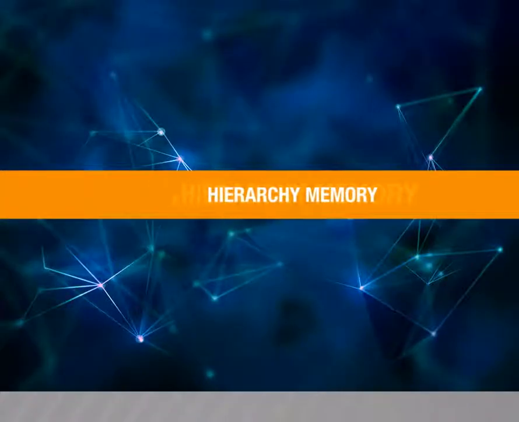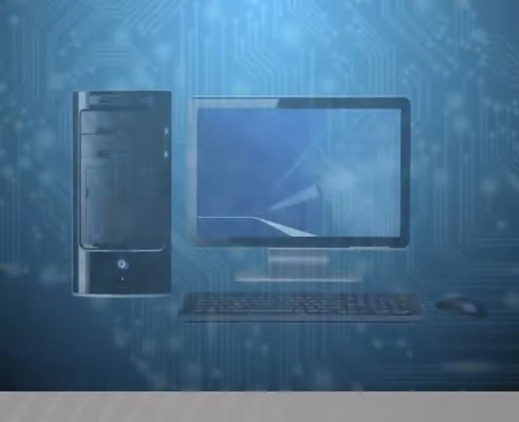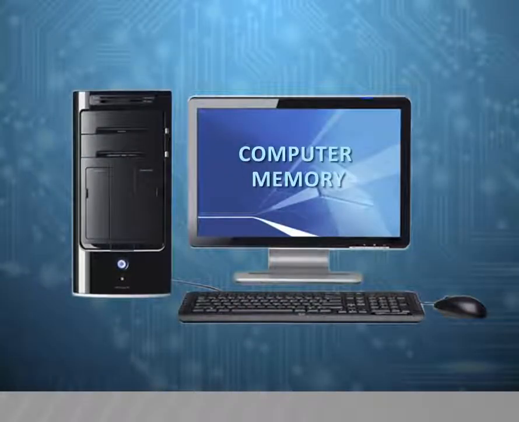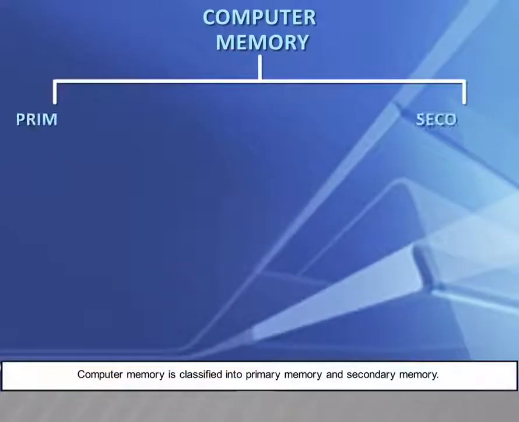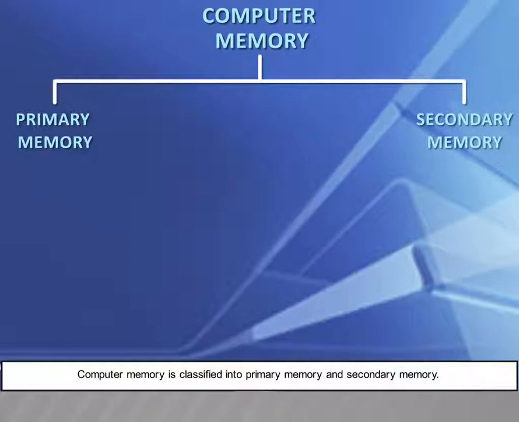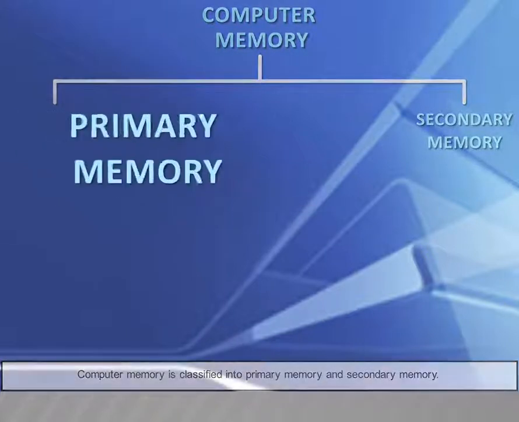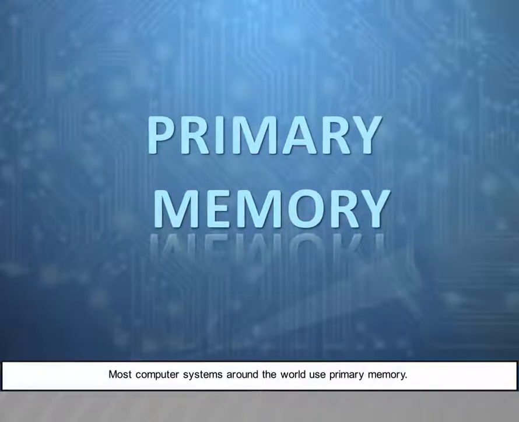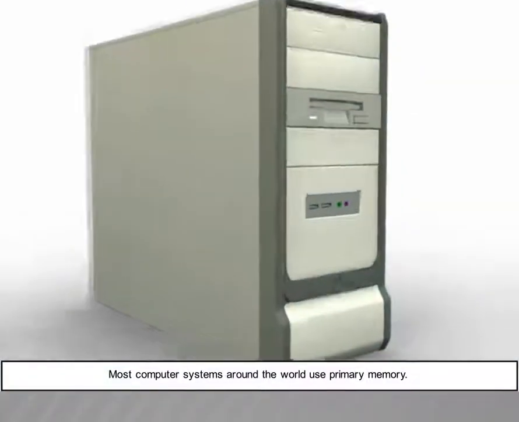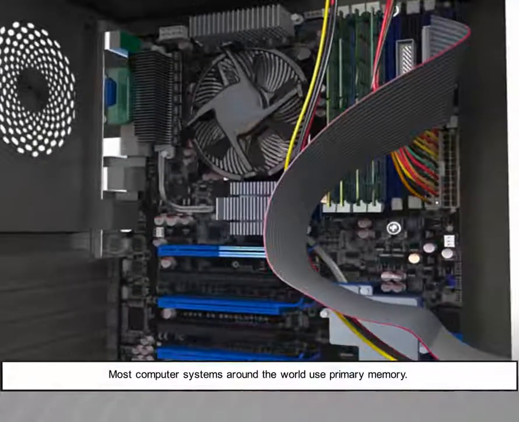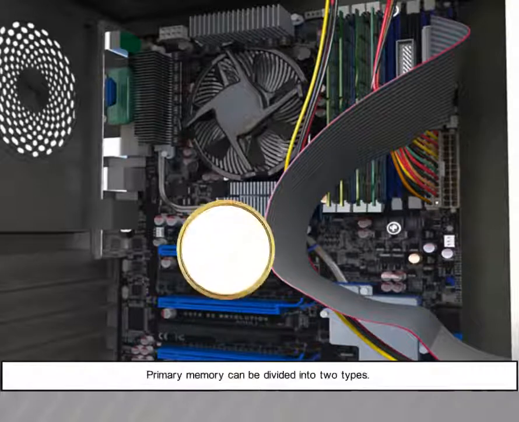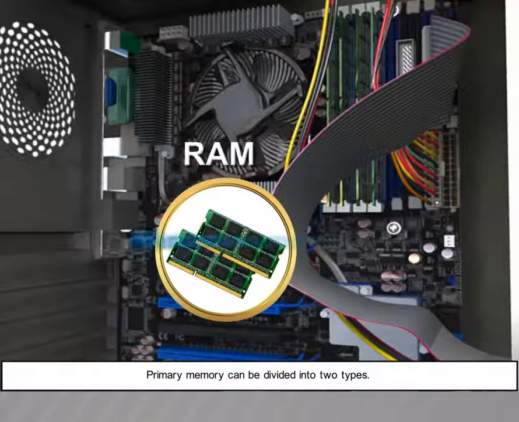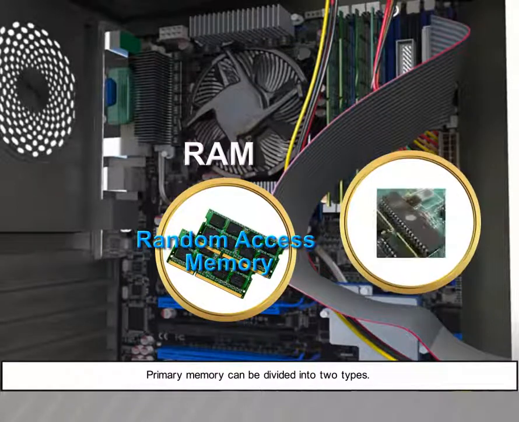Hierarchy memory. In this video, we are going to see about the hierarchy memory. Computer memory is classified into primary memory and secondary memory. Most computer systems around the world use primary memory. Primary memory can be divided into two types: RAM, that is random access memory,